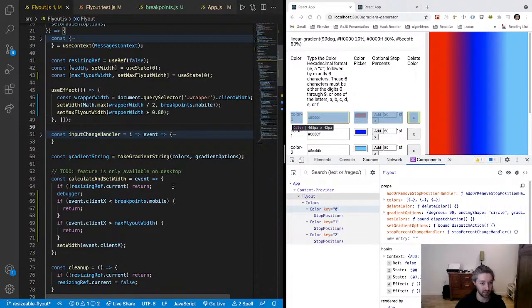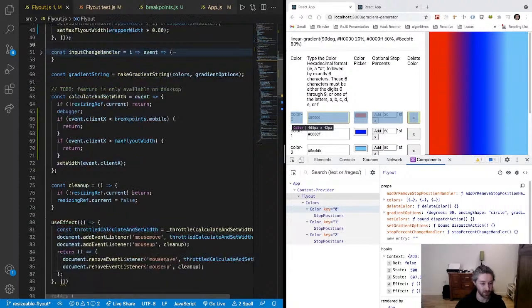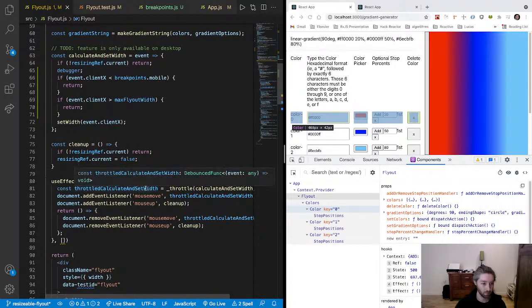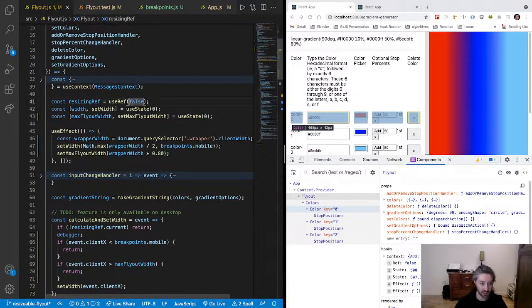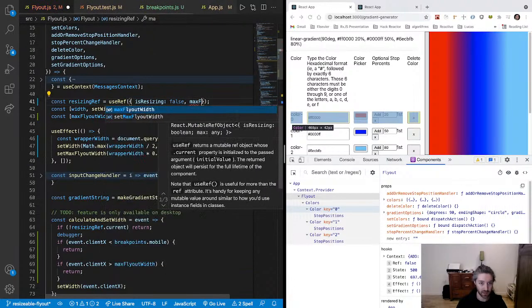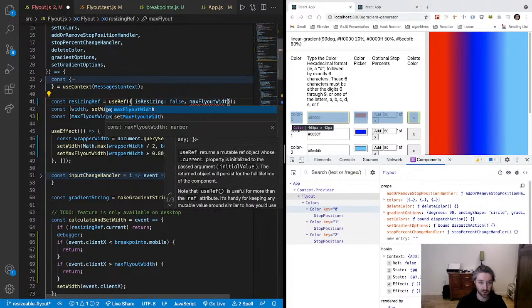Resizing ref. It could be that the resizing ref is resizing, max flyout width. I could do resizing ref is resizing false, max flyout width 0,